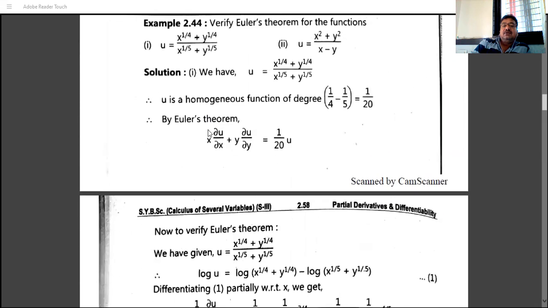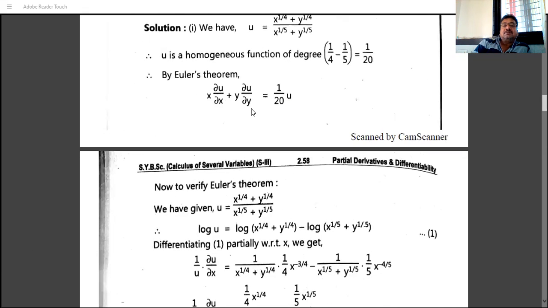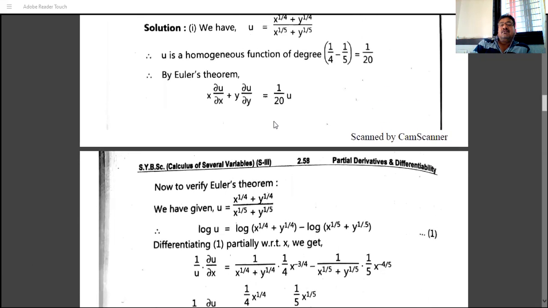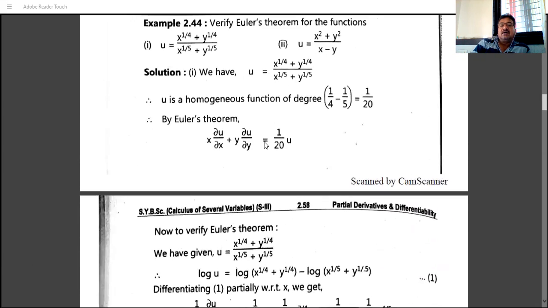And so by Euler's theorem, we have x ∂u/∂x plus y ∂u/∂y is equal to 1 by 20 u. So the notation for the function is u. If the notation is f, then it is nf. Okay. So here the notation is u, so 1 by 20 u, nu. So this is by using Euler's theorem. And we'll find this LHS by